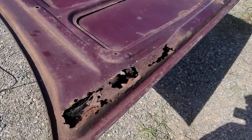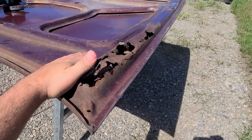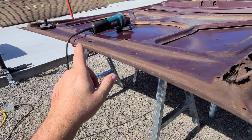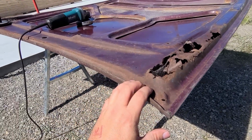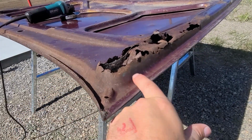So we get some paint drying over there in the engine compartment. So we're going to jump onto this hood. You can remember back when I took this off the car, one side came off good, this side's completely rotted out. So what I'm going to do is take the cutting wheel on the grinder, and I'm going to try to take this off level the whole way around